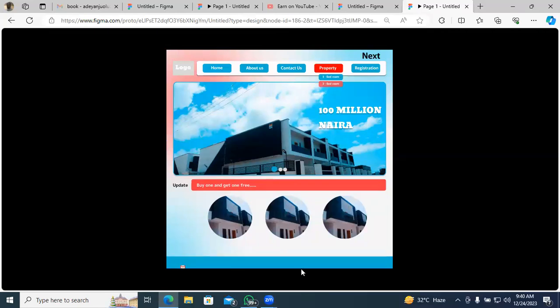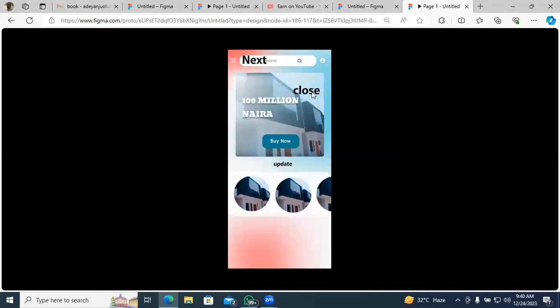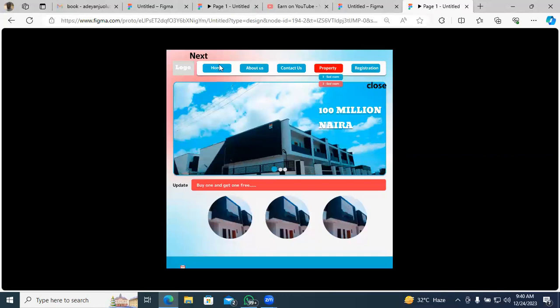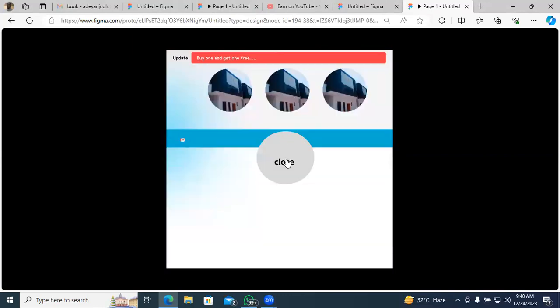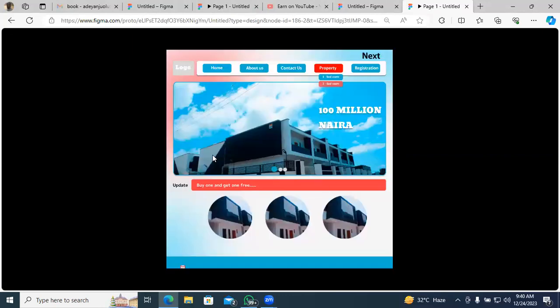The point is, it's not about whether you are doing it on mobile. If it is on a mobile, it's the same pattern. On the tablet, the same pattern. On the desktop, the same pattern. It's very interesting. Try and get it right. So we close it, we get next, then close to go back to the home.